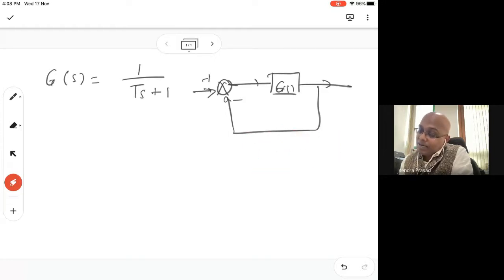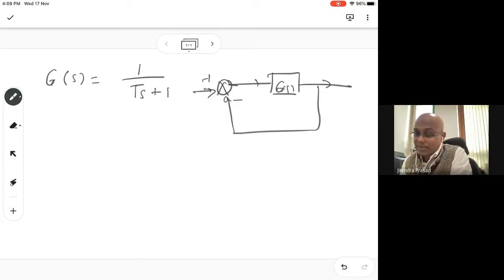Now we need to plot it. Open loop transfer function, we plot it. Either we have a Bode plot or some polar plots. The Nyquist plot is one type of polar plot only, but it is a little bit different. Anyway, this is a polar plot. The question that Badri asked was related to the polar plot. So how to do that?